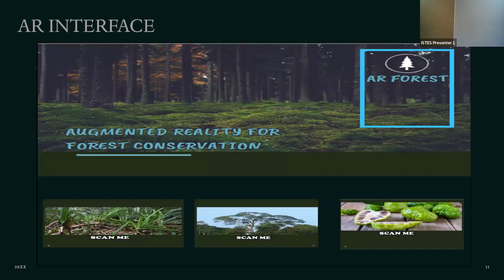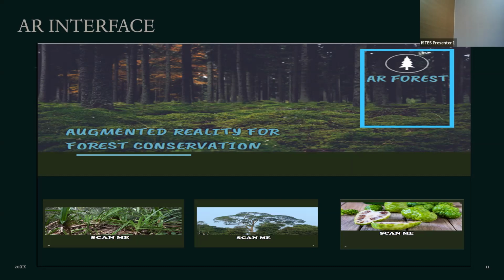So the idea is, in the forest, we will put some QR codes, and the tourists will scan the QR code, and the video that explains about the trees will appear on your mobile phone.